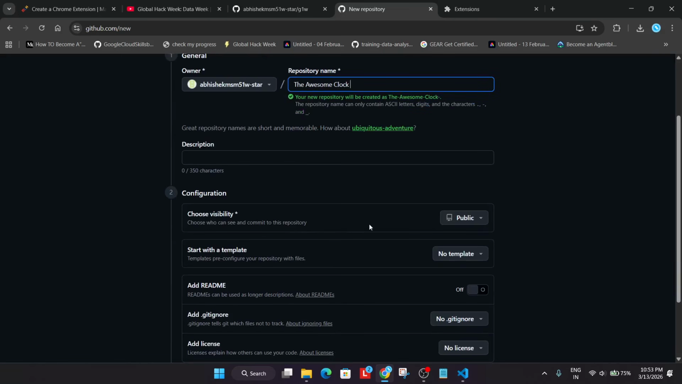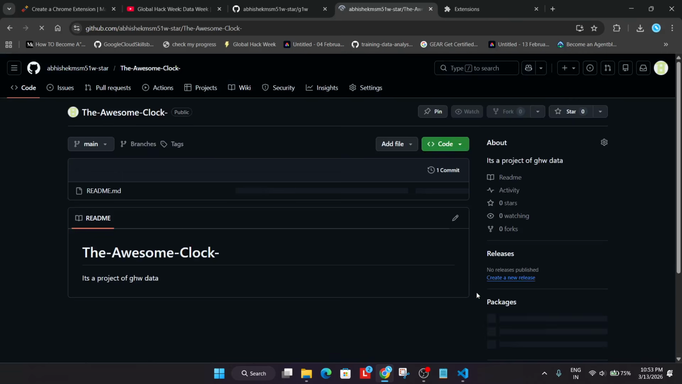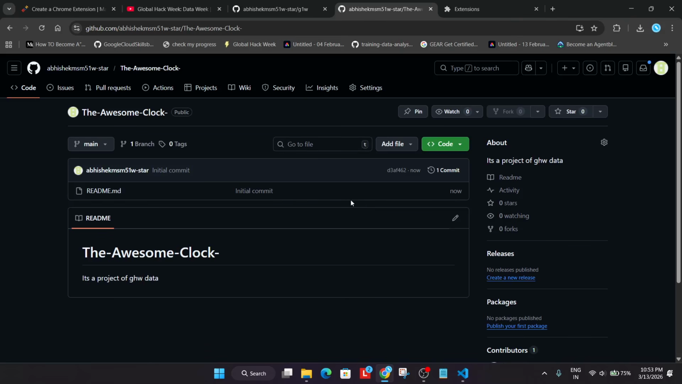And from here, we have to just make it public and then just check in the readme. Now it's a awesome clock by me, or it's a project of DHW data. And then simply click on create repository. Now whatever file you have downloaded just now, okay, whatever file you have downloaded just now, you have to simply,